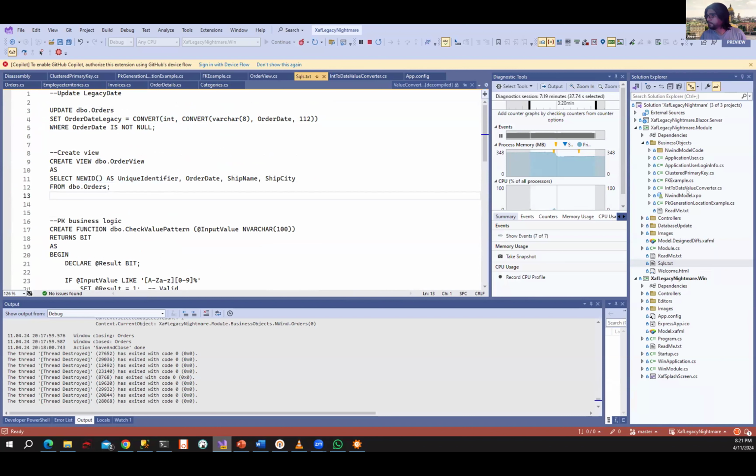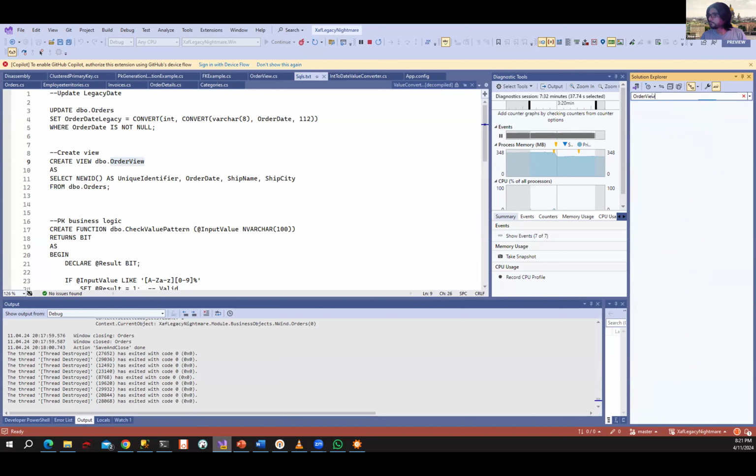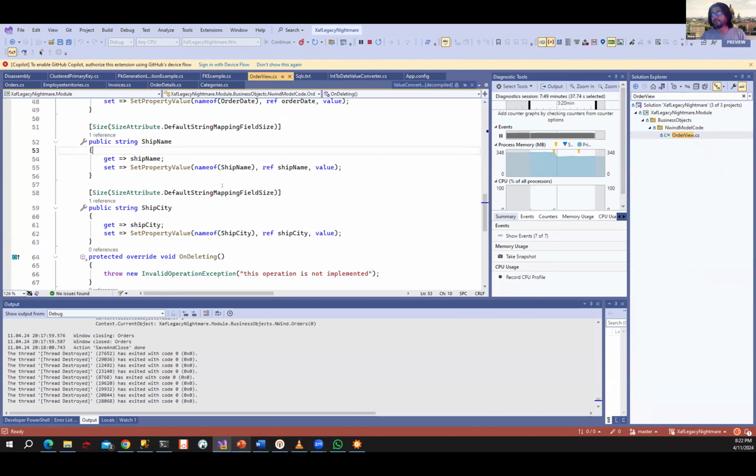So let's see. Order view, that's the name of that class, order view. Hold on, let me close the layer, otherwise I will be getting messages all the time. Okay, so in this order view class